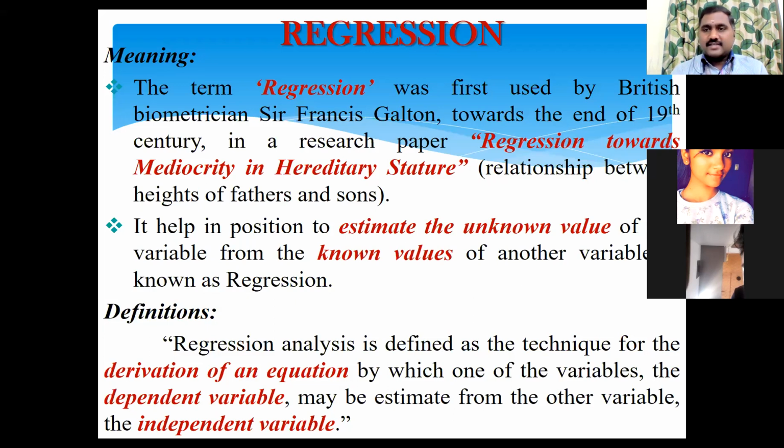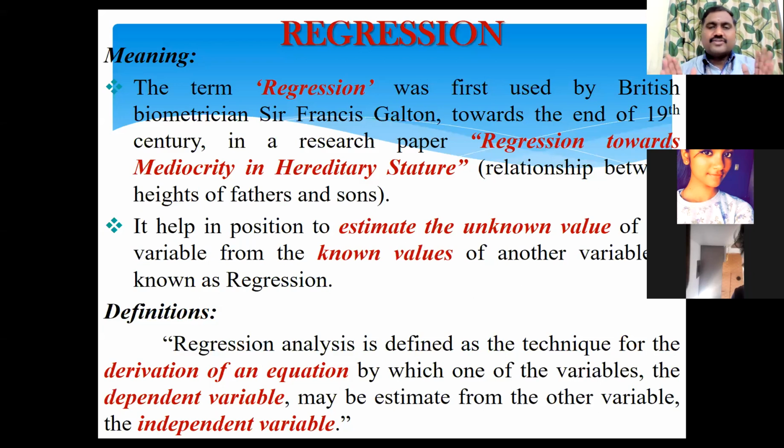And then in the last class on Thursday, we started regression. In regression, there is a different way to find the regression value; that is called the regression equation. When you are doing a regression analysis, I told you there should be two variables, but one should be dependent and one should be independent. You should estimate the unknown value of the variable from the known value. That is the major difference between regression and correlation.